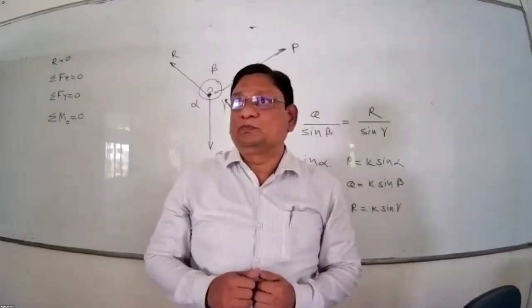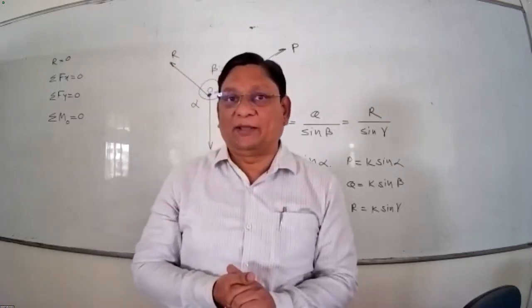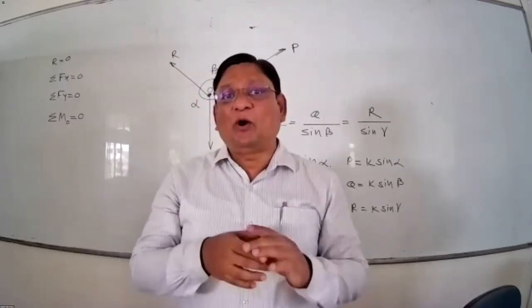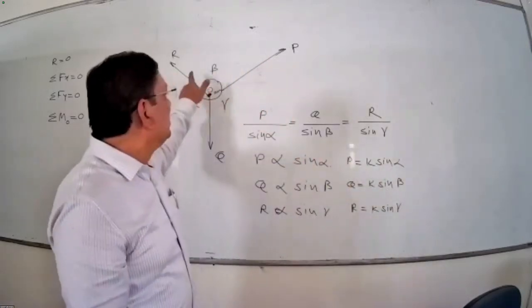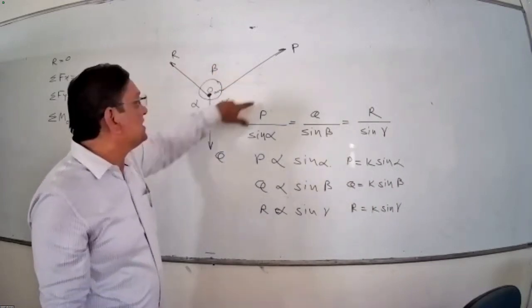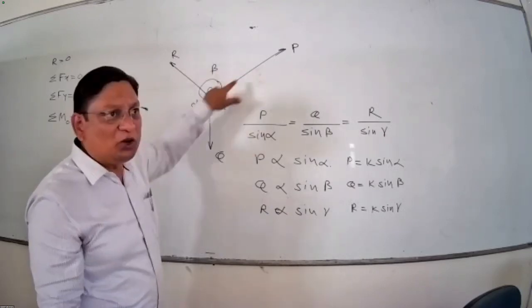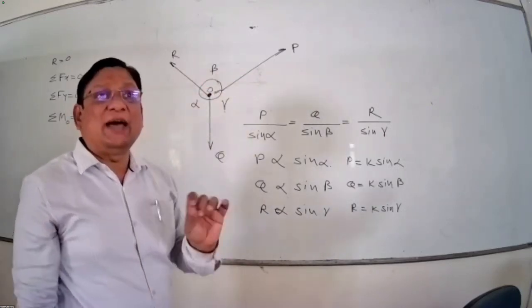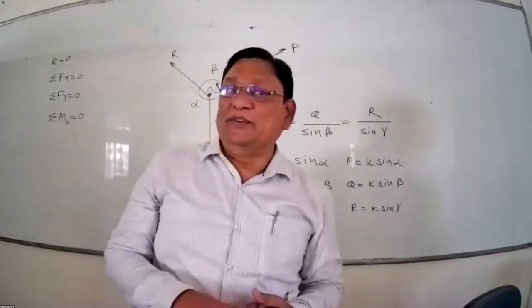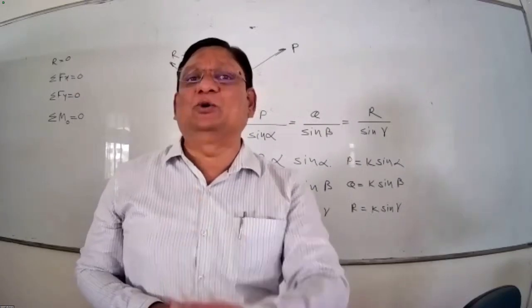Yes. So once again in detail I will tell you. See, in the equilibrium we are going to identify the different forces acting on the body. And if the body is acted upon by three concurrent forces, see the forces P, Q and R, so three forces and they are passing through the same point. So I will say it is three forces acting on a body and which are concurrent. So Lami's theorem says if the body is in equilibrium under the action of three concurrent forces, then each force is directly proportional to the sine of the angle between the other two forces.